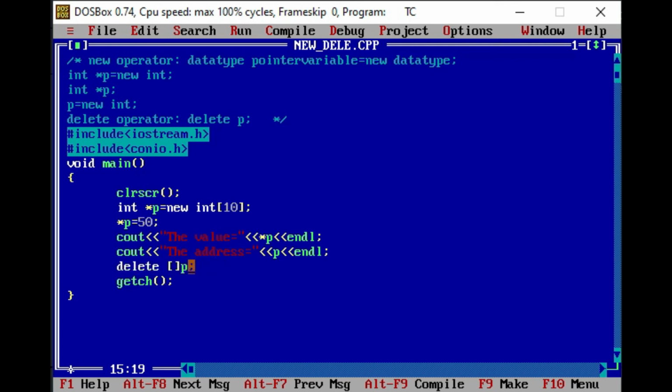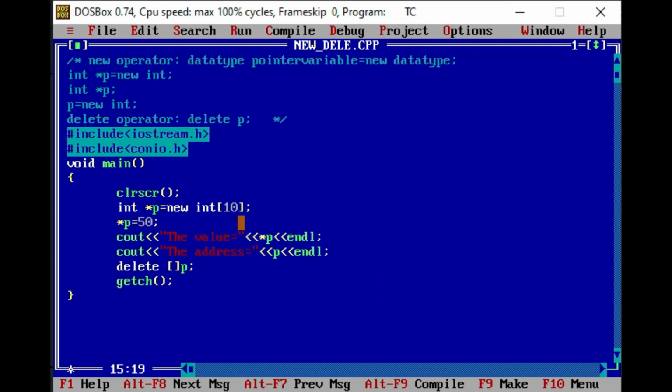So I hope now you're clear about the memory management operators new and delete, and how we can use the new and delete operators with basic data types. Here we have seen how we can store an integer variable at some random memory location which is allocated at runtime, and how we can then free the memory.